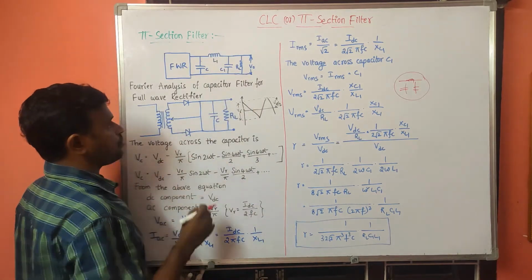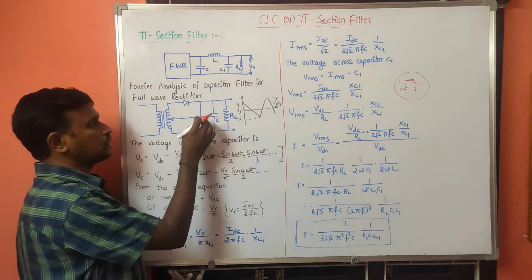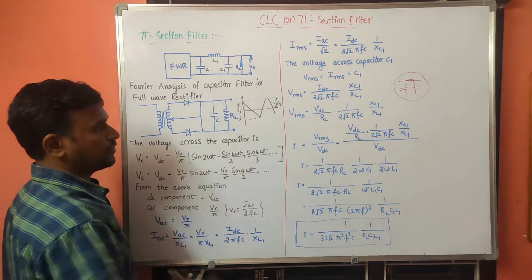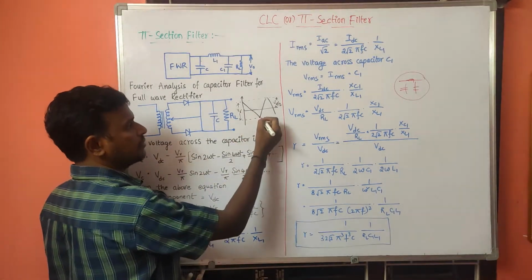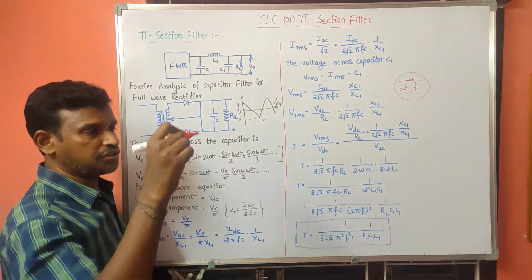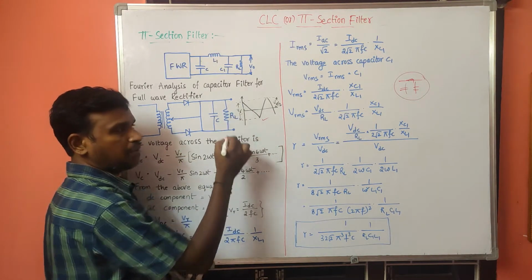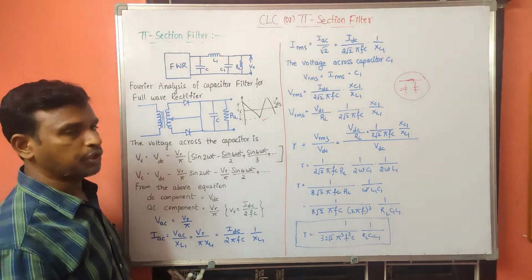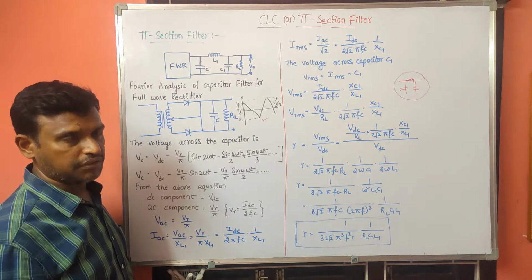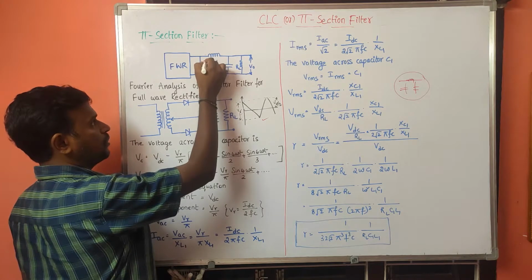So the first point is, in the previous discussion I explained that the output of the full wave rectifier with capacitor filter we will consider as this one, the triangular wave. Okay, that is the charging and discharging of the capacitor. So here we will consider V gamma as the peak to peak value of the output of that full wave rectifier with capacitor filter. That's what we have considered first in this diagram up to this point.